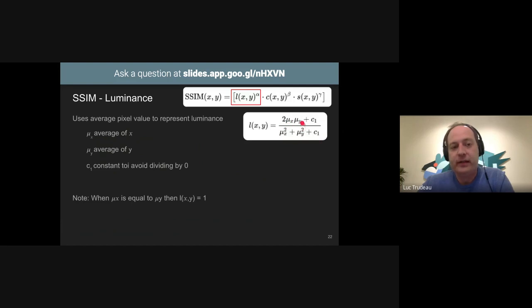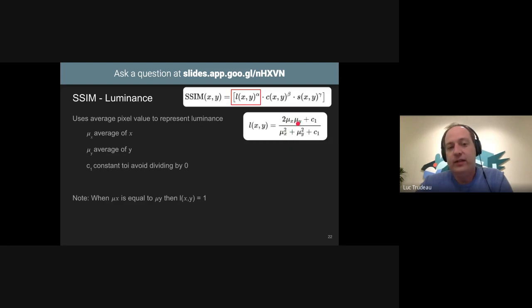Now, this thing here is actually a very complicated way of making a ratio that goes from 0 to 1. Well, not very complicated, but something that looks complicated. Actually, what happens is, imagine that X and Y are the same image. In this case, you'd have 2 mu x, and here you'd have mu x squared plus mu x squared. Well, mu x times mu x is mu x squared, so 2 mu x squared or mu x squared plus mu x squared is the same thing. So this is just two ways of writing it.